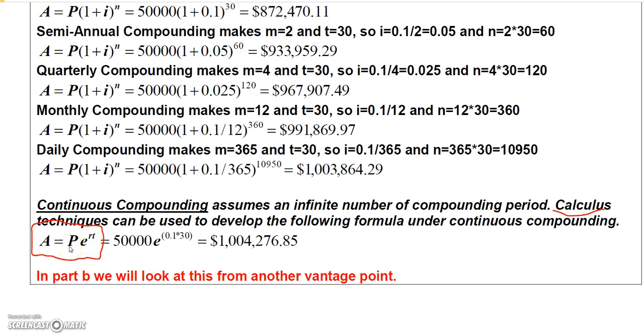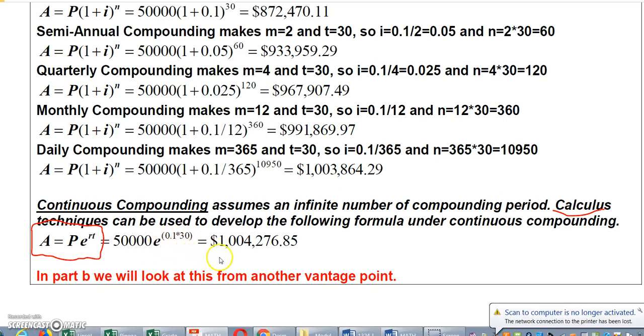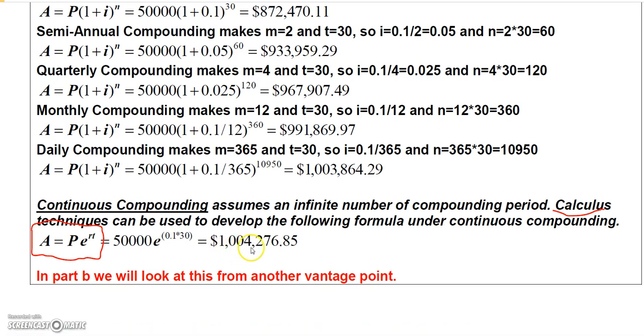So if we had this $50,000 compounded continuously, then we would have 50,000 times e raised to the r, which is 0.1, times t, which would be the 30 years. And so 50,000 times e to this power would actually be $1,004,276.85. Okay. Now, don't expect to go to a bank and have them tell you that they'll do continuous compounding, because most banks,